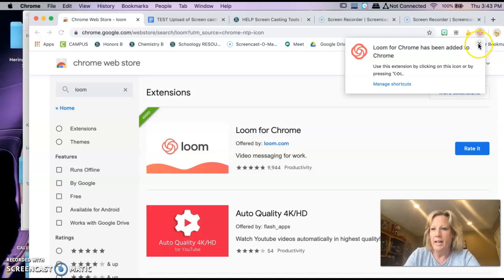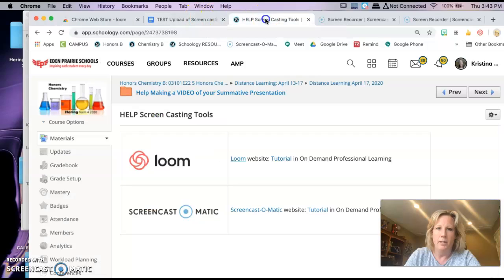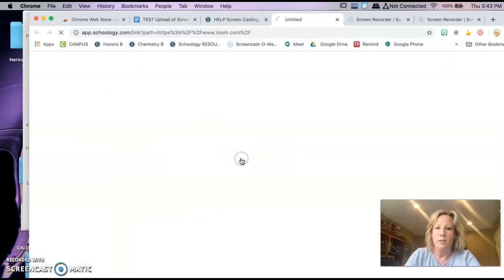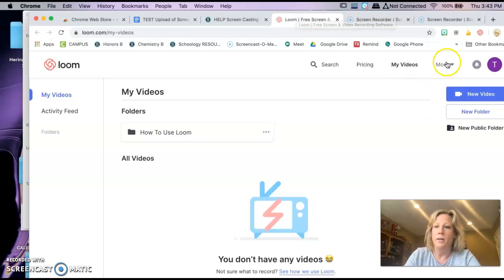So once it's been added, this is the part where there's a video in the tutorial where the woman uses this, but I was finding that didn't work. So if you can make that work, that would be awesome. But I believe if you go into the Loom website, then you can use the extension here. I don't know that you need the extension because I think you can just make the video here too, but